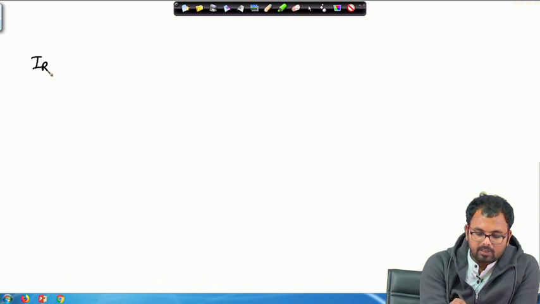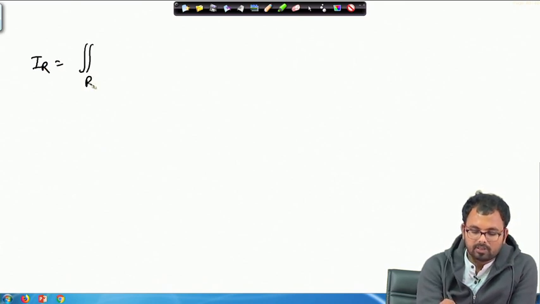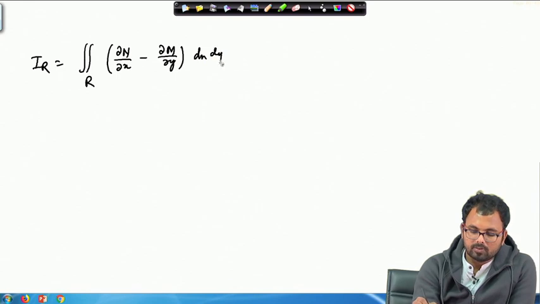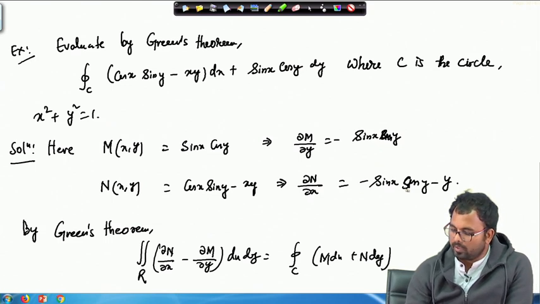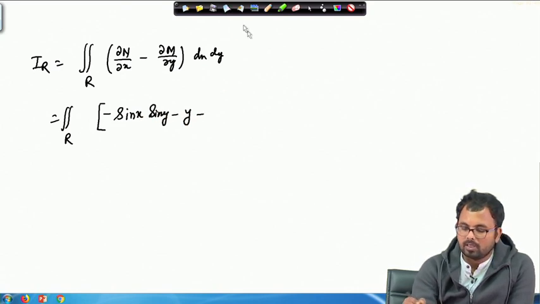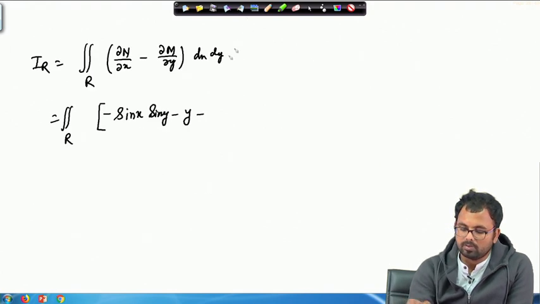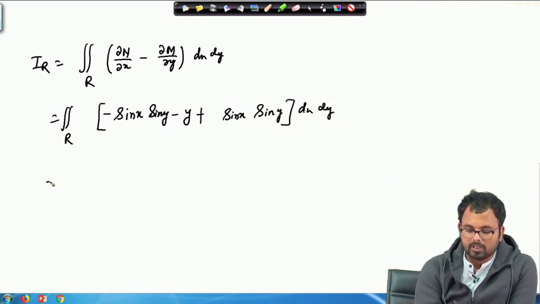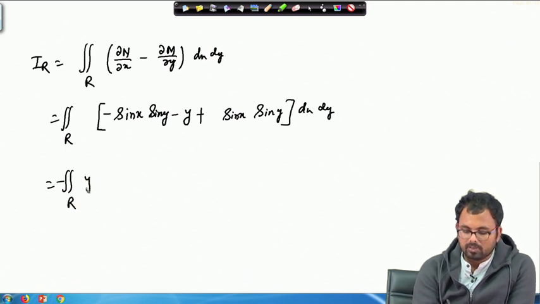So, let me write I_R. I_R is over R, del n del x minus del m del y dx dy. So, what is our del n del x? So, del n del x is minus of sin x sin y minus y, and minus del m del y, minus minus is plus. So, this will be plus sin x sin y. So, they both will get cancelled in dx dy, and then we will basically obtain over region R minus of y